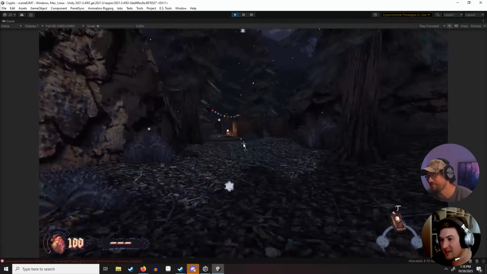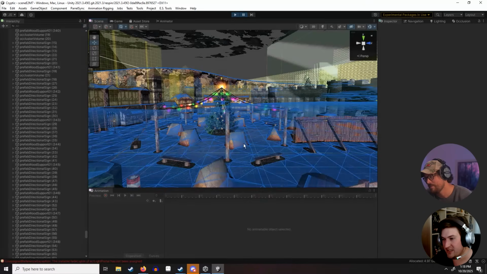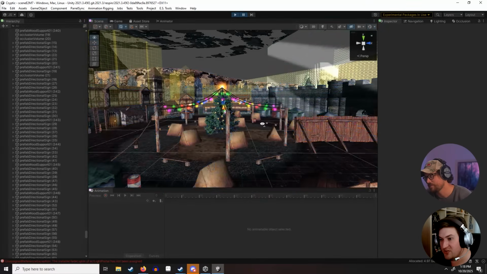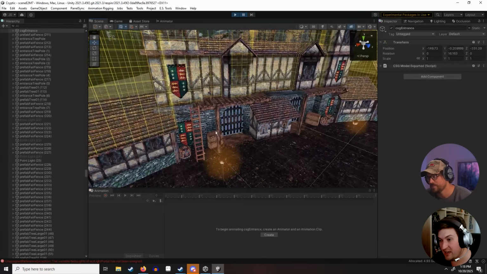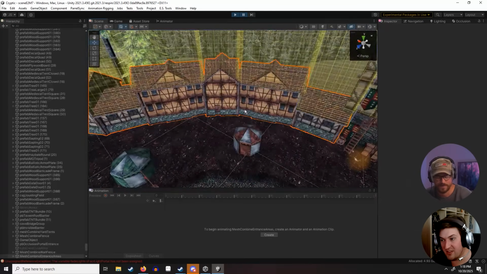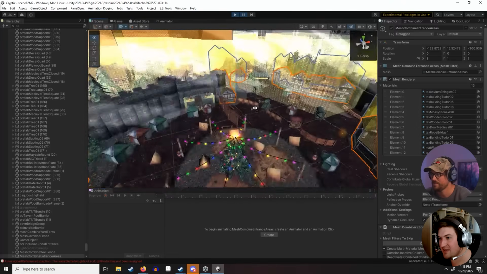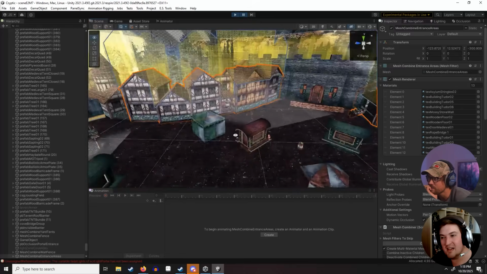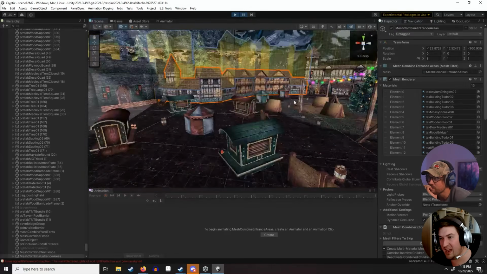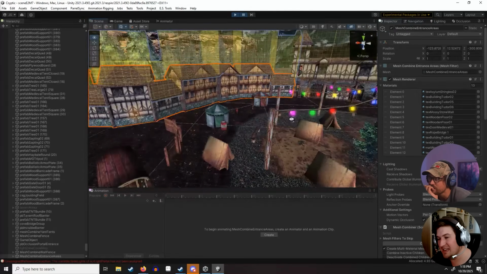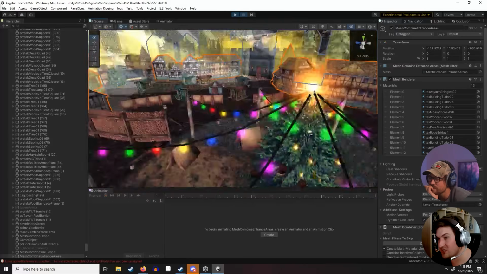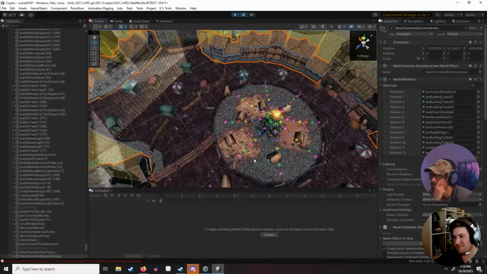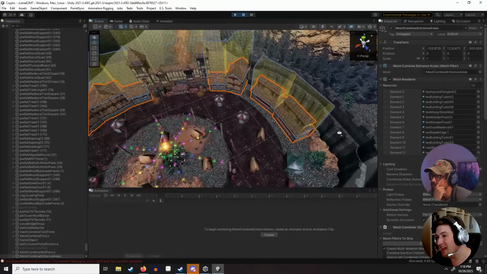Yeah. And definitely the, quote unquote, right thing to do would have been to go through and individually cull all of these meshes. But a lot of the meshes in this map are combined so that they're only doing one. If you're in this area, there's no way you're not going to be seeing these buildings, so they're just merged together. Because in game optimization, at least in Unity, you've got